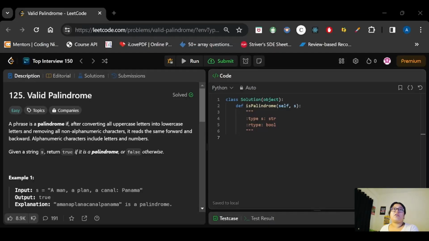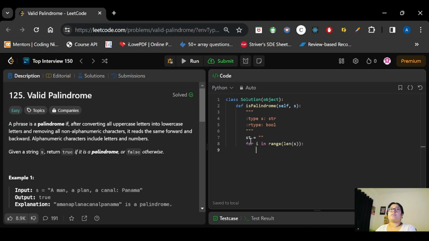So let's see the code now. First let's declare a string which will contain only alphanumeric characters. Now we will start our iteration from the 0th index of the initial string, so let's go till n.